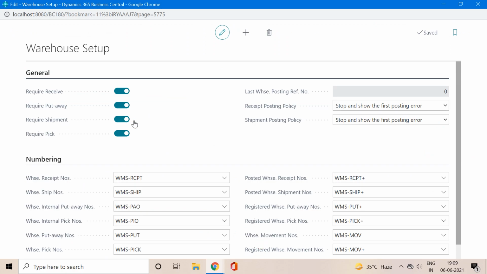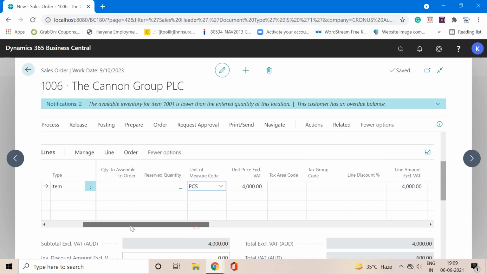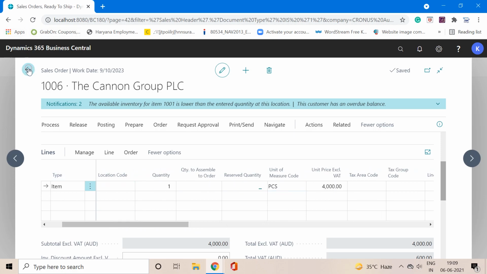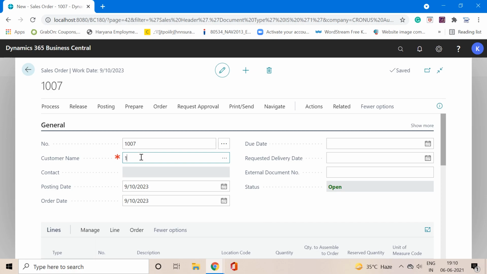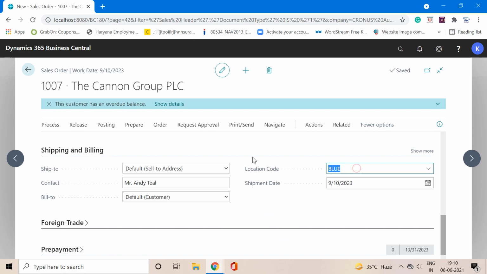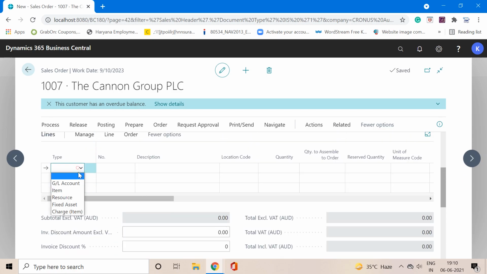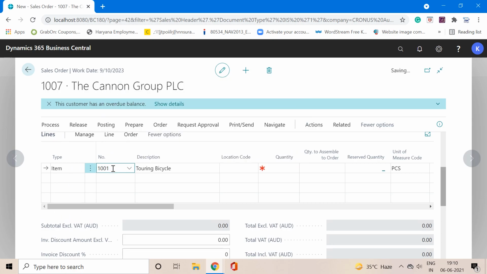This is happening because of the configuration we did in the warehouse setup, Require Shipment. So let's say I keep it false, and then I create a new sales order, make the location code blank, select the item and item number, and enter quantity as 1.